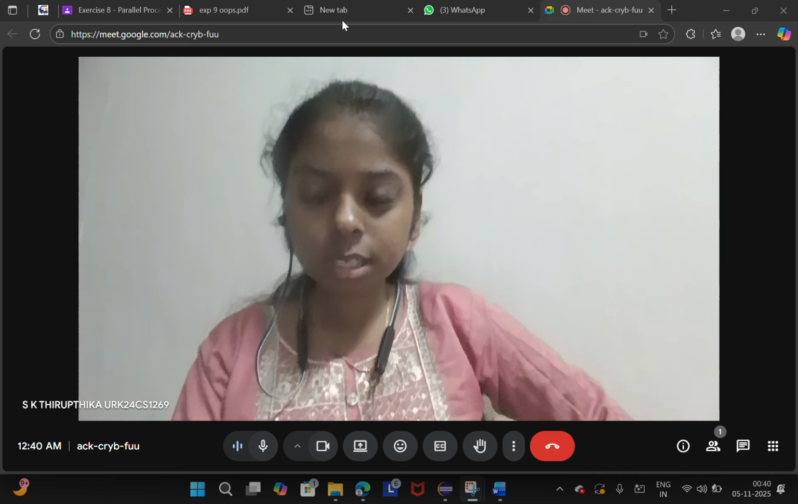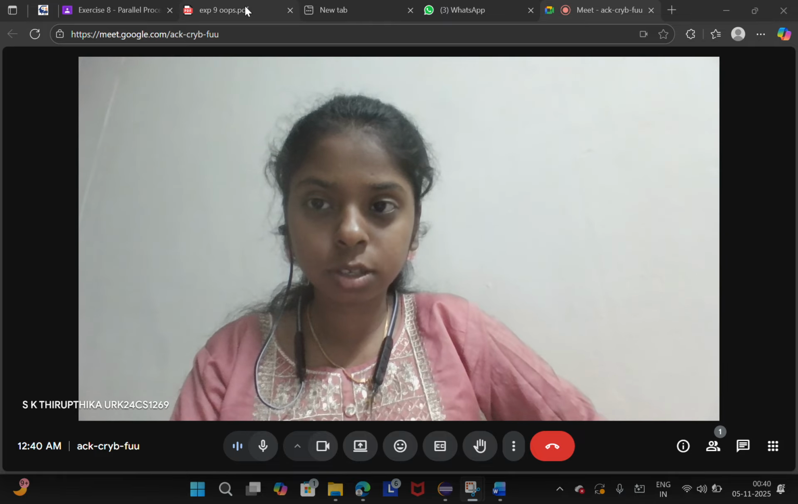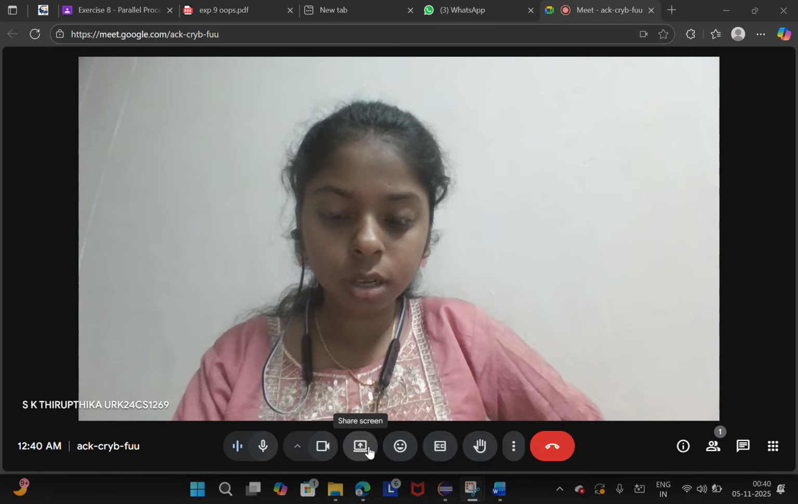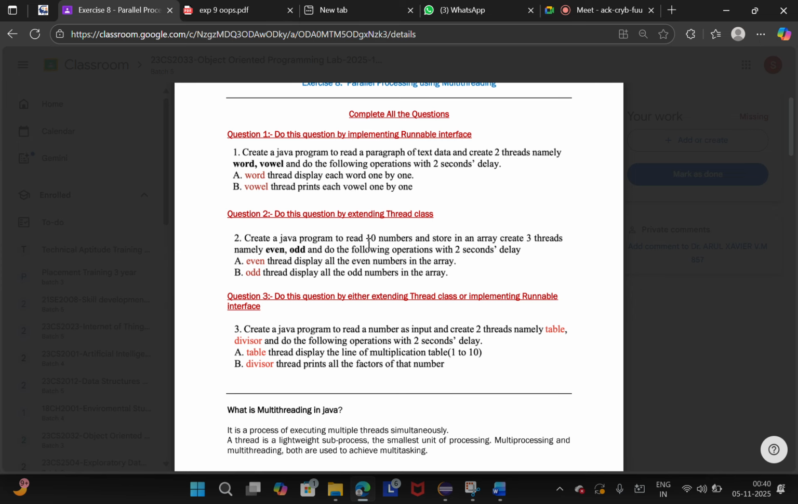Good morning. Now let's see the execution of the second question, how it gets executed. Before that, let's see what the question says. The question says that we need to create a Java program that would read 10 numbers and store them in an array, creating three threads, namely even, odd, and do the following operations. With a 2 second delay, the even thread would display all the even numbers, and then again